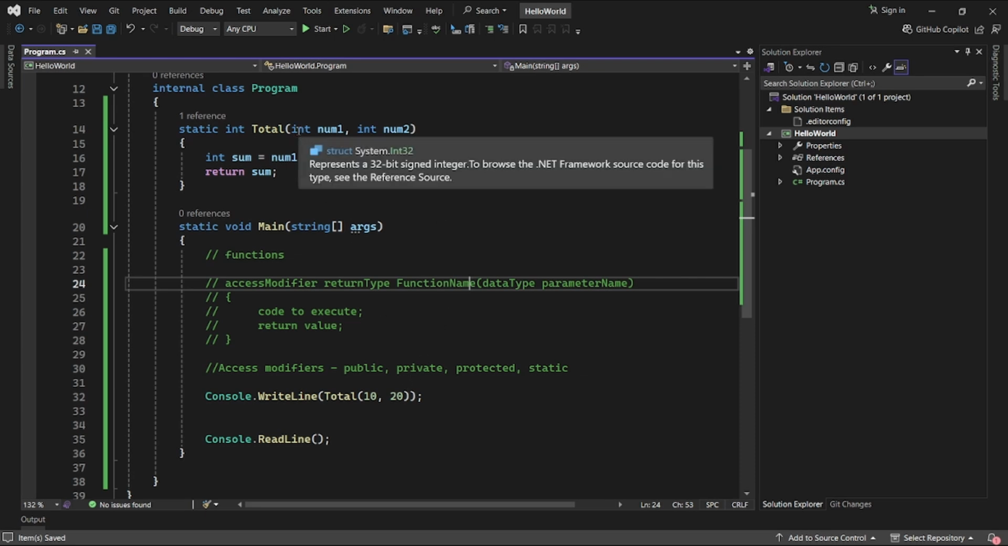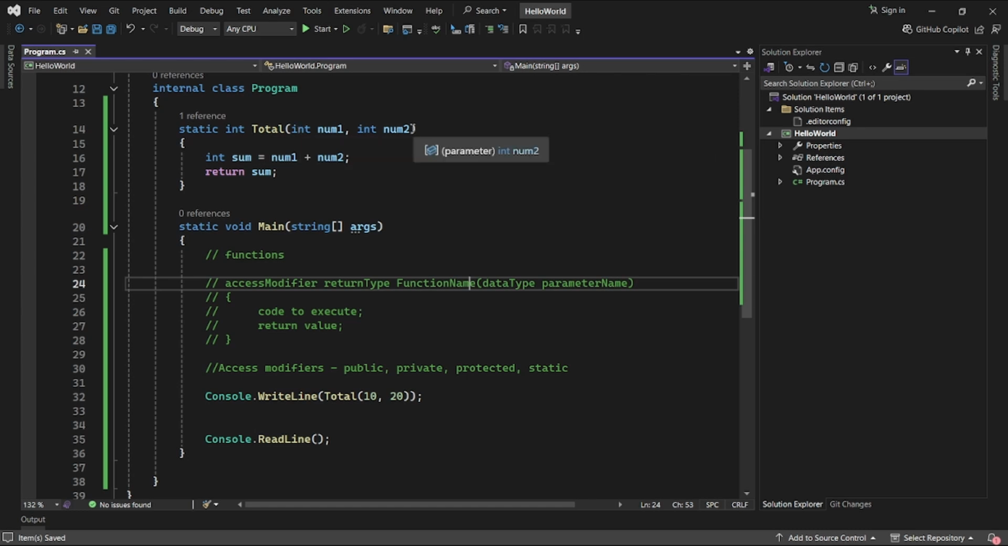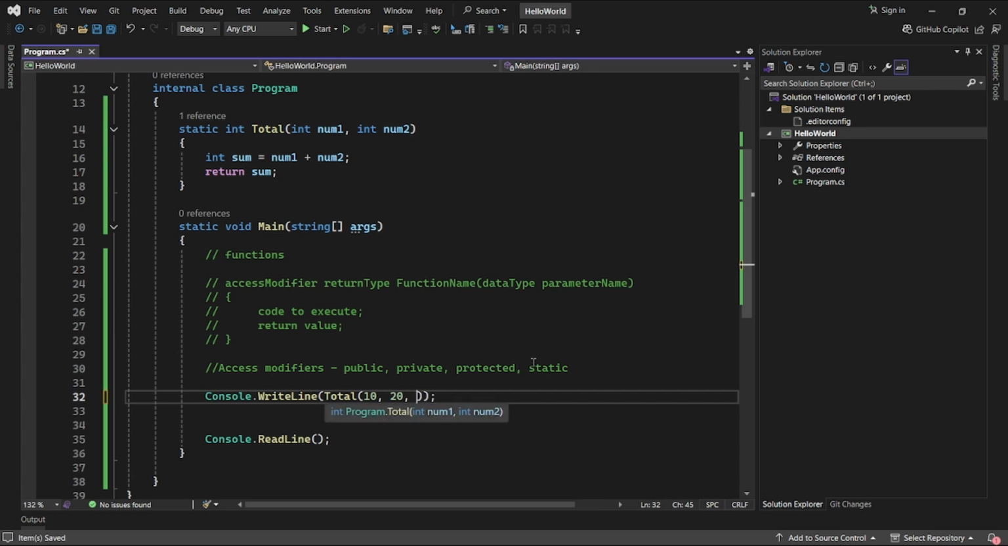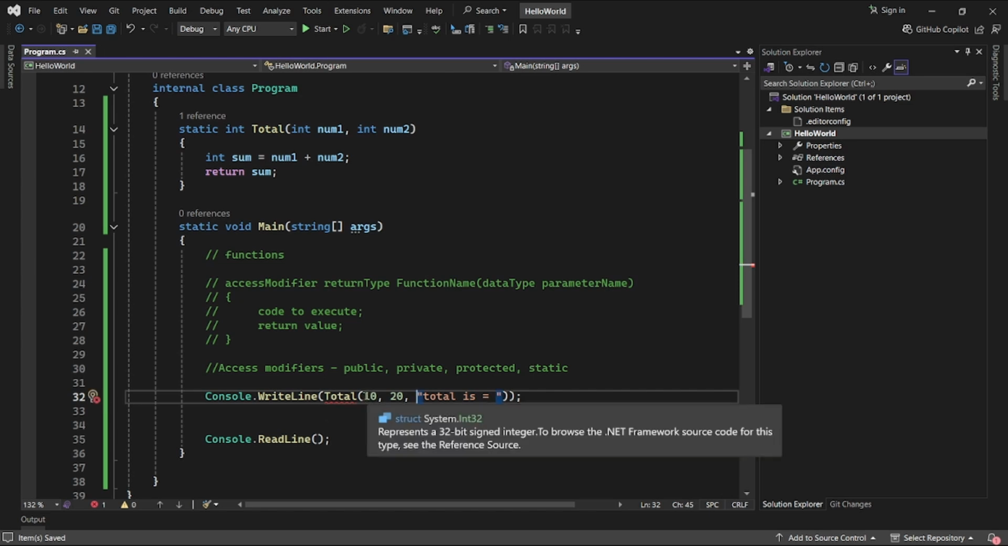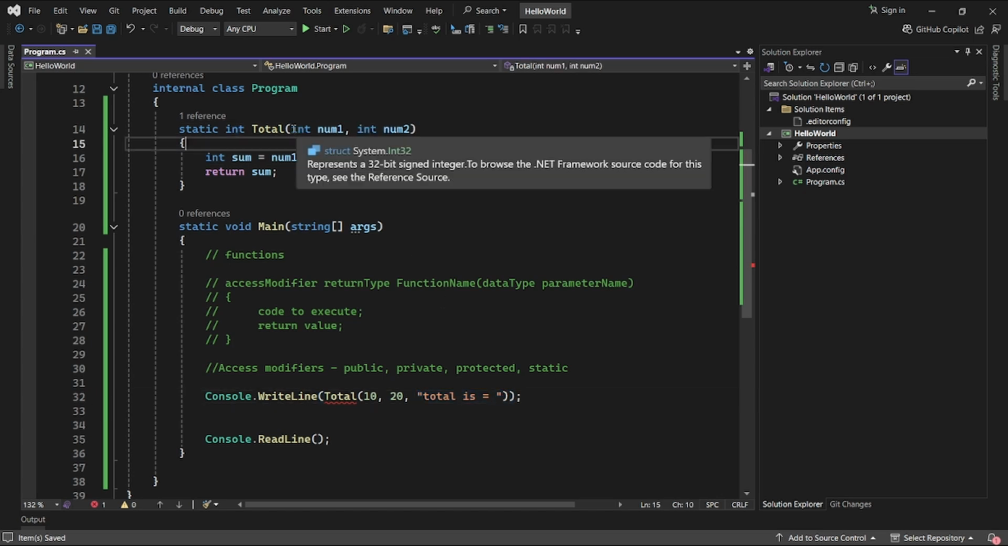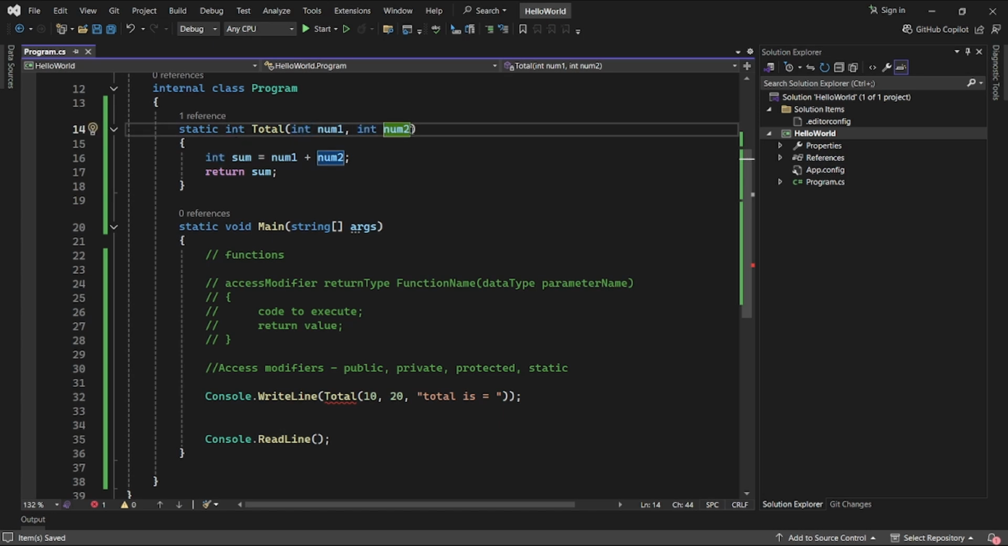Instead of integer, we can use any other type as parameters. Let's take a look at another example. Here let's pass some value as "total is equal". And now here we have two integer arguments and one string argument. So the first two parameters we have defined in this function should be integer, and then we have to again define a parameter with string data type, and let's define its parameter name as